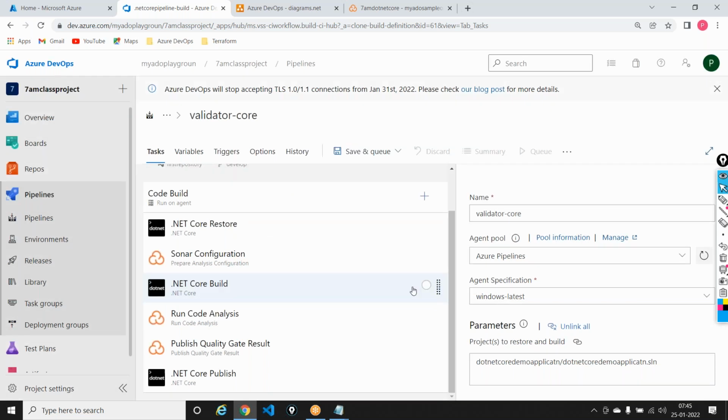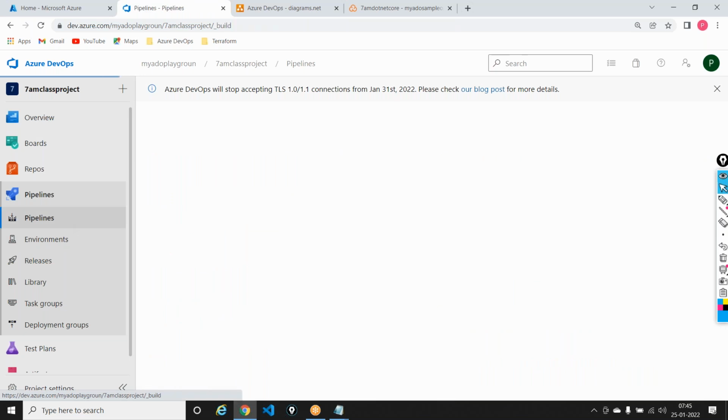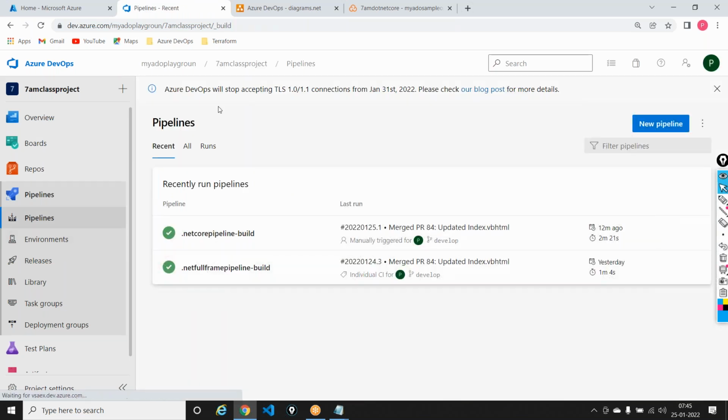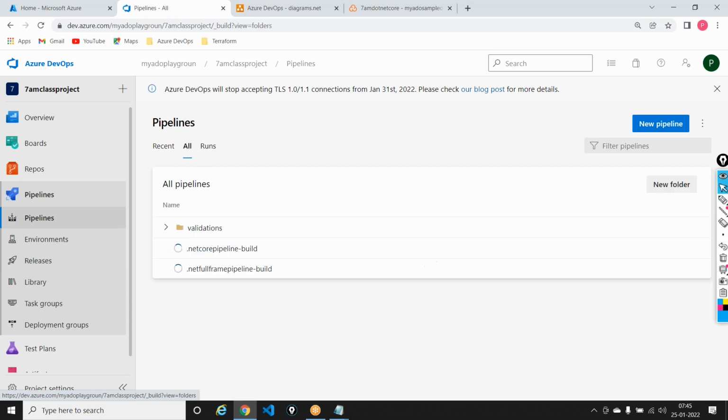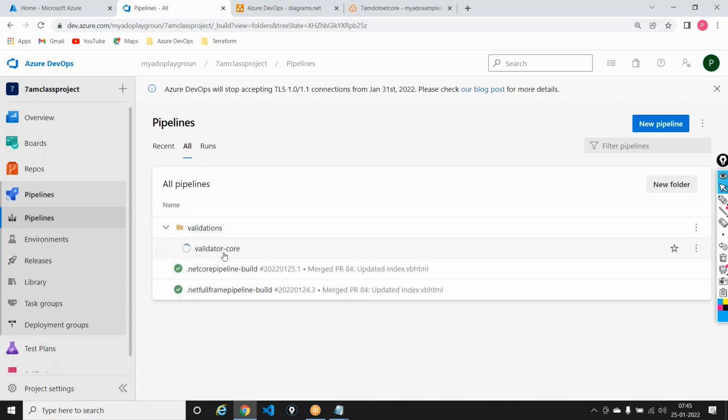And I'll just save this out here. So what's happening right now is that in my pipelines, it's only showing me all the run pipelines out here, but there is something called all, inside which I have something known as a validation pipeline, which is a core pipeline, which is just a validator. We also call this a gated build